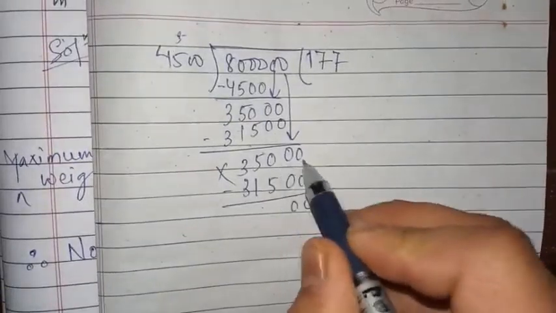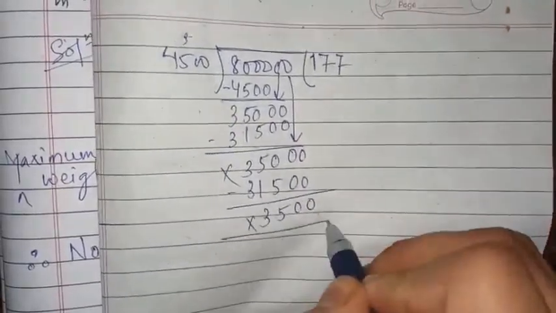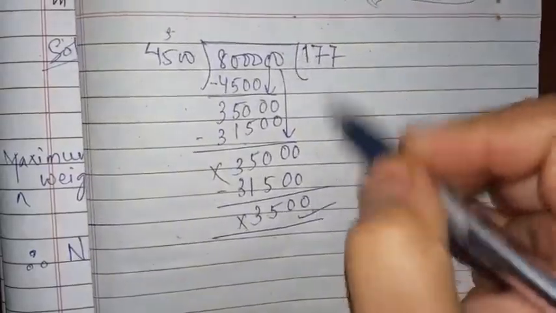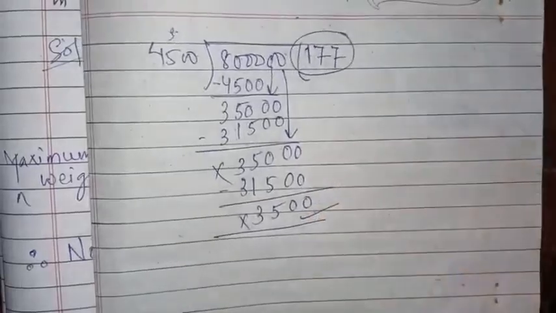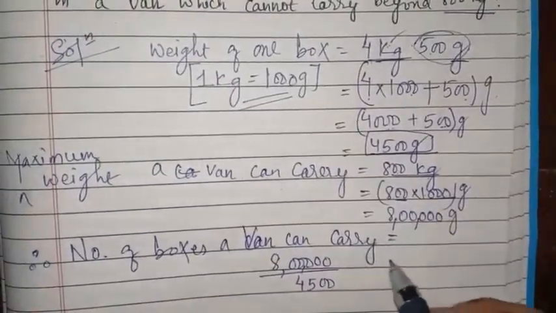So, 10 minus 5 is 5, 4 minus 1 is 3. So the remainder is 3500 here. Now no more numbers are left, so you will say that only 177 is the answer. So the number of boxes a van can carry will be equal to